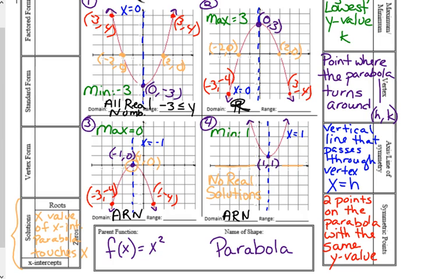Same thing, number 2, our highest point is 3, and all of our y's are smaller than that. For number 3, all of our y's are smaller or equal to 0. And for number 4, all of our y's